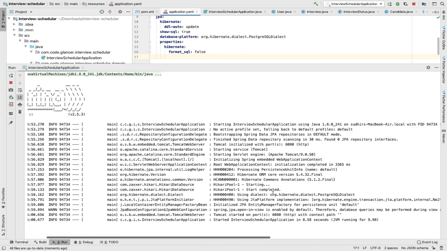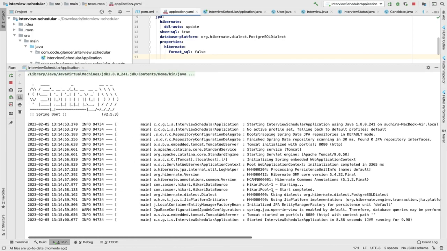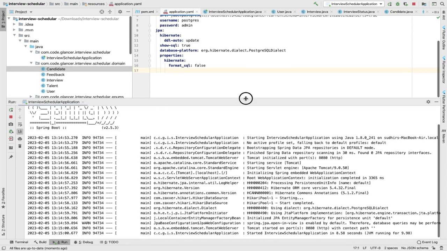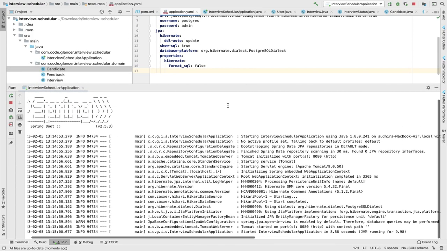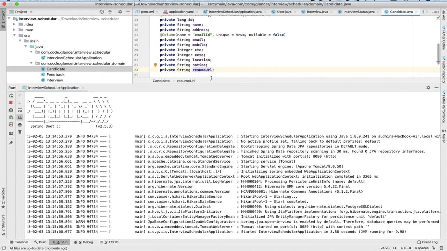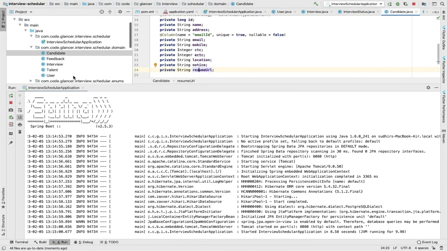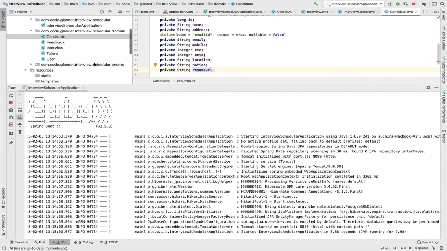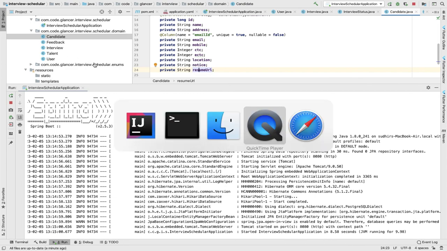Okay, so if you see, it is connected with the database, and I think I have already started the application earlier also, so there were no database changes detected. So it must have created all the tables along with all the fields. Let's come to that and see into the